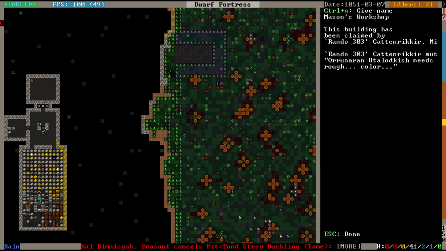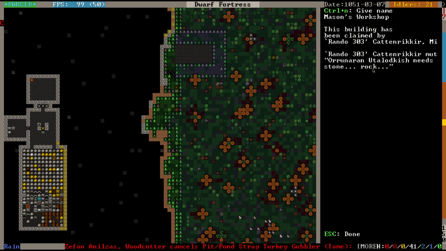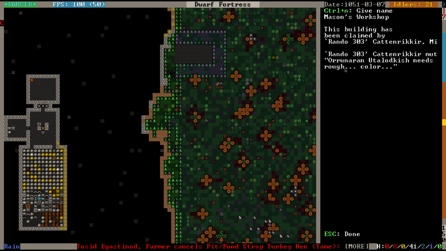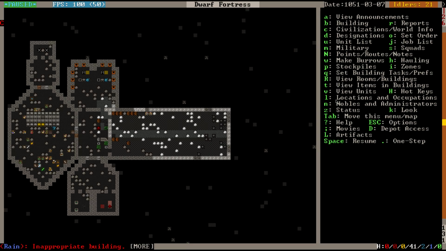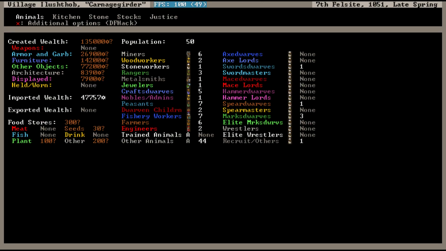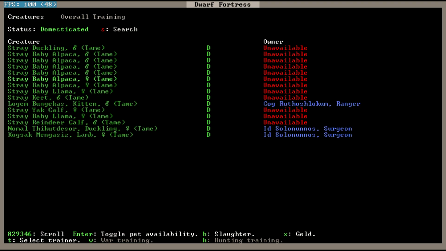what are we seeing here? Bones. Okay, stone, rock, cloth, thread. Rough colour. Bones. Okay. So, well, bones are probably the bottleneck here. So let's go down to the food area. Actually, that's not what we want to do, is it? We want to go to the animal screen and designate some stuff for slaughter. What are we going to go for first? I'm thinking...